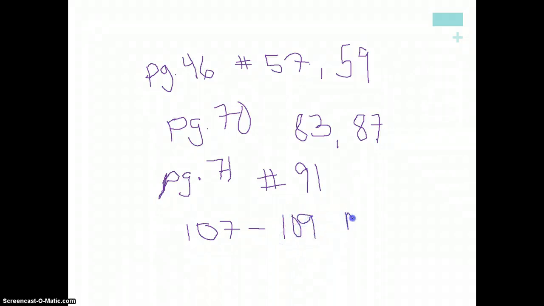Just a few of them, but that's just to get you in the habit of doing multiple choice